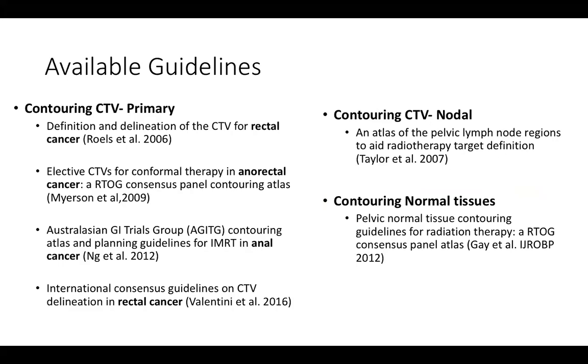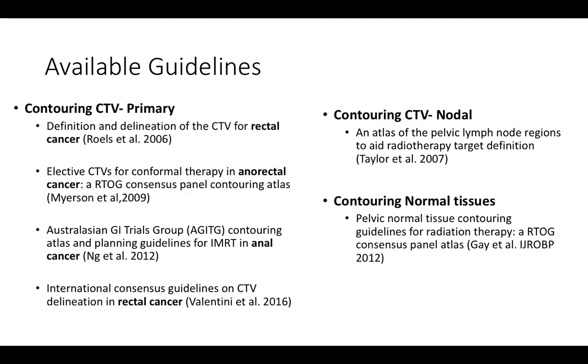And not only that, we cannot forget the normal tissues when we are doing IMRT. The normal tissues also need well-defined criteria, and there has to be a consensus as to what we delineate and from which level we need to start delineating. So any effort to understand this delineation requires that we study all these guidelines together. There are around 6 major papers, for which I have given the references. Please go back and try to read them. We will just go through them relatively fast, to give you a general idea.